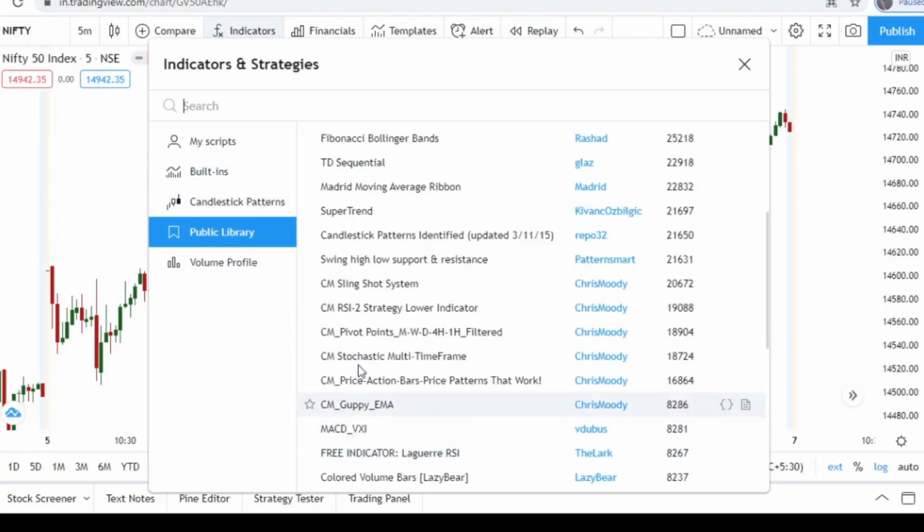After choosing Public Library, you should scroll down and choose CM Pivot Points, which is coded by someone called Chris Moody. This is the monthly and weekly pivot you have to choose. There are so many indicators available here, but you should click this one, CM Pivots, coded by Chris Moody. So click here and close this tab.